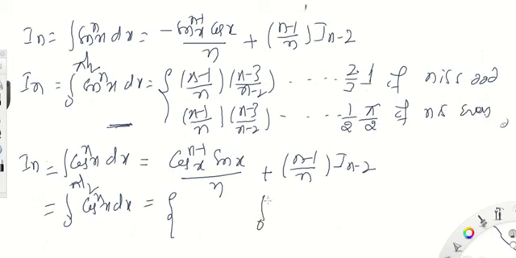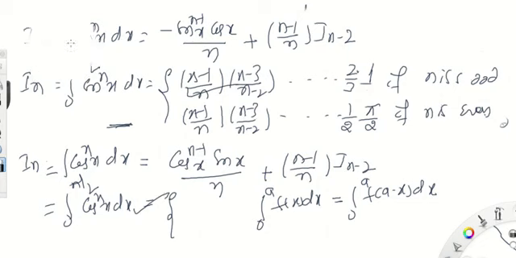We have the property that the integral from 0 to a of f of x dx can be written as the integral from 0 to a of f of (a minus x) dx. If we take one example, sin of (pi by 2 minus x) is cos x here, where a means pi by 2. We get the same type of result for both cos to the power of n x and sin to the power of n x in the case of definite integrals.